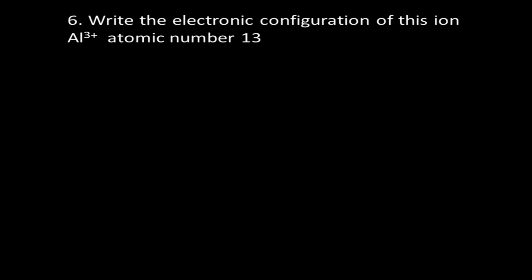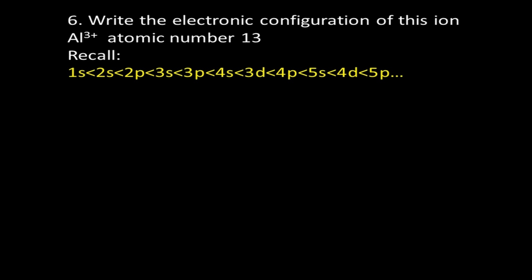So the atomic number will not be equal to number of electrons. For a neutral atom of aluminium, it's supposed to be 13. But now we'll be having 13 minus 3, that is losing. So the electron in this ion is 10. So we fill in 10 following our energy range. So recall our energy range. So let's fill